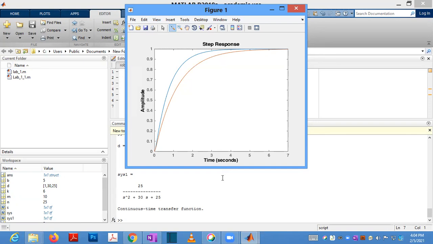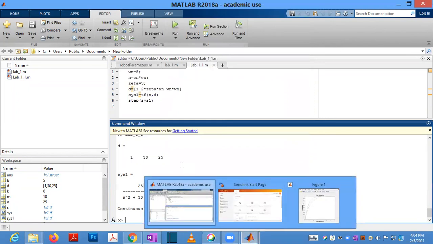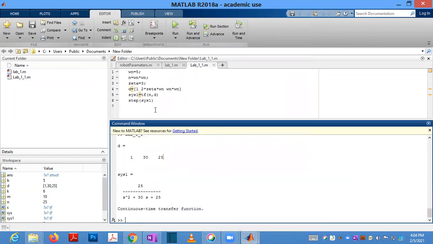Now the overdamped also reaches the final value without overshoot, but it will take more time compared to critically damped systems. I can change zeta values and you can run this code and check that you are getting these things.